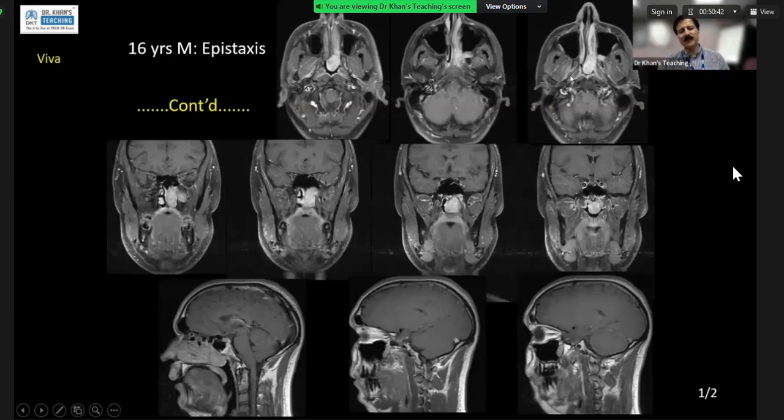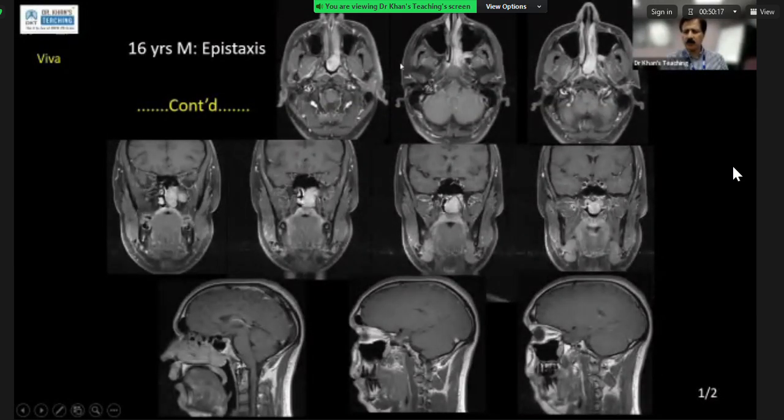Good, well done. We'll come back to this. Your diagnosis was spot on, so there is a tumor in this age group. It's an Aunt Minnie type of a case. Clinical scenario, should I say, that there is a tumor, nasopharyngeal angiofibroma, and